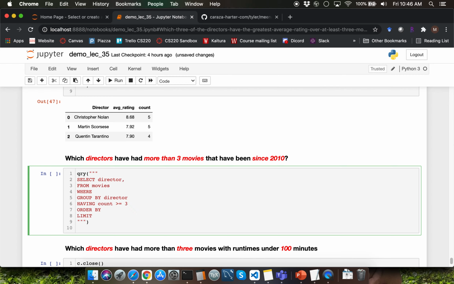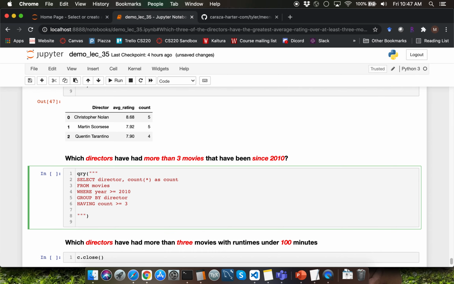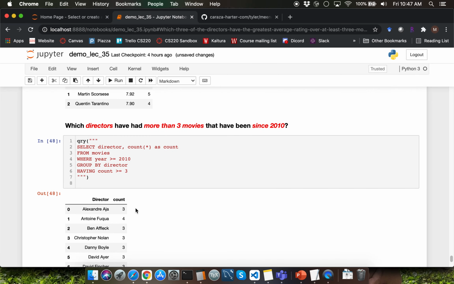Let's also compute count. I'm going to do that by saying count of star, and I'll have to save the column name as count over here. The remaining part of the question is about the movies since 2010. So clearly this is going to be a condition for the where clause because the year information is coming from the original table's column. I'm going to write my where condition as year greater than or equal to 2010 over here. For now, I'm going to remove order by and limit. We are going to introduce order by again shortly.